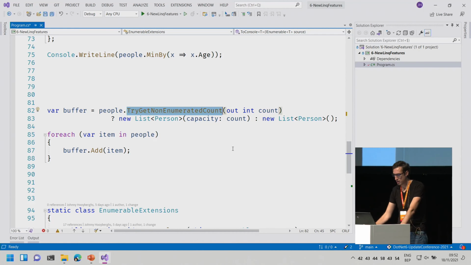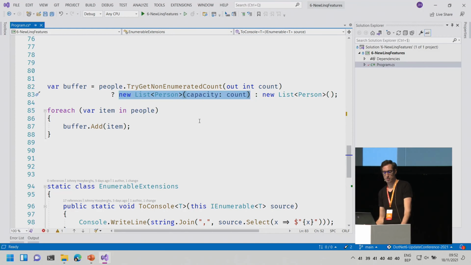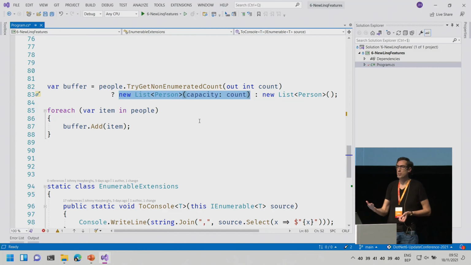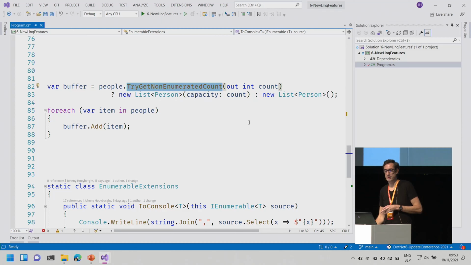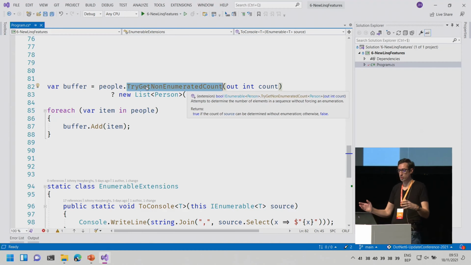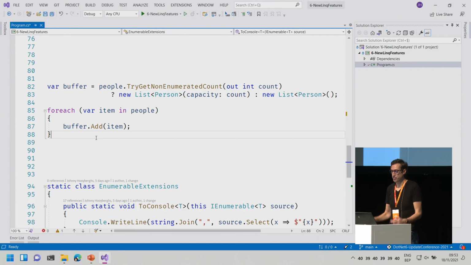What the hell was this again? TryGetNonEnumeratedCount. Yes. So when you have an IEnumerable, you know that an IEnumerable can be enumerated beforehand, yes or no. Maybe you've enumerated it before, or you didn't. With TryGetNonEnumeratedCount, that's a method that says I want to have the count of this, but only if it's not enumerated before, so that you're not enumerating it a second time. Now you can just ask that question. It's a Boolean, true or false. And when it's true, you can do something. And when it's false, you can do something else. So this can be nice if you don't want to enumerate an IEnumerable multiple times.